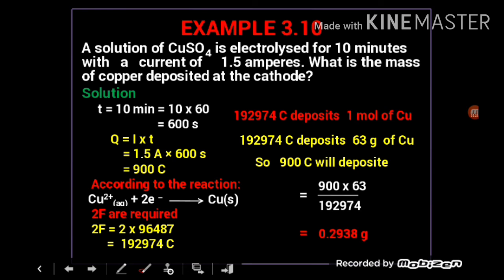Now in such types of numericals, what is the requirement? The requirement is simple. First we have to calculate the amount of charge which is being supplied in the solution, meaning we first calculate the value of Q, the charge. Then we will see from the equation the relation between charge and mass, meaning the number of electrons and the mass. If 1 electron is required, how many moles does it produce? If 2 moles of electrons are required, then how much of the electrolyte, or mass, is deposited at the cathode or anode? In this way we will try to solve the numerical.